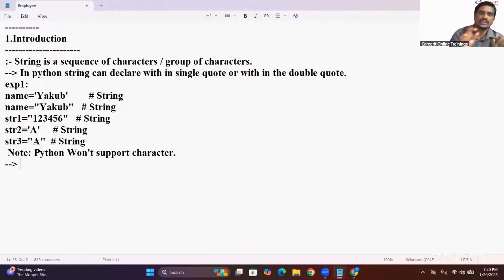Sir, I want to declare a multi-line string. If you declare a multi-line string, then use